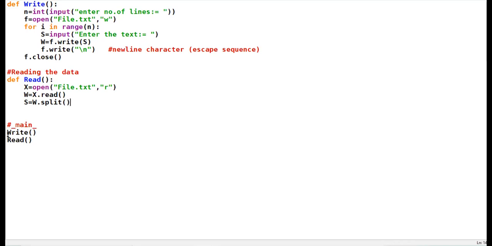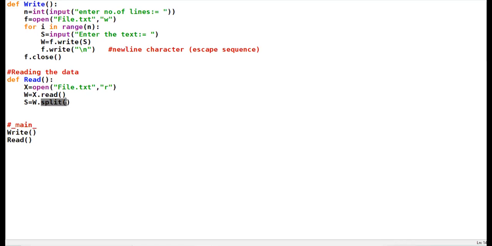Whenever you are to move word by word, any operation that you have to run in order to read your data word by word, you have to use this special function split.